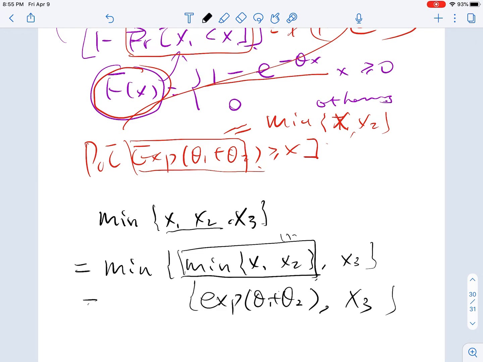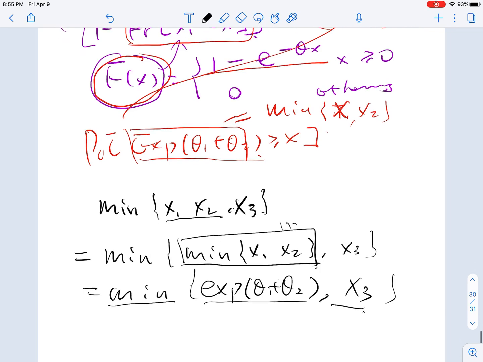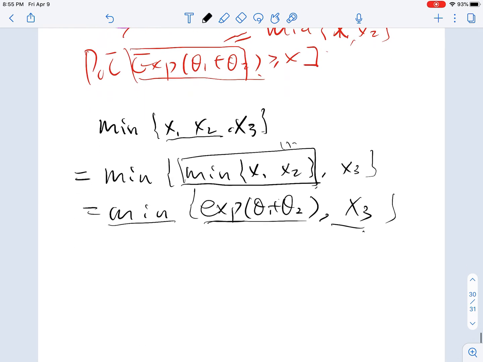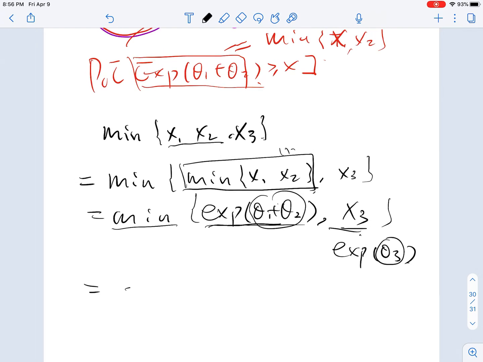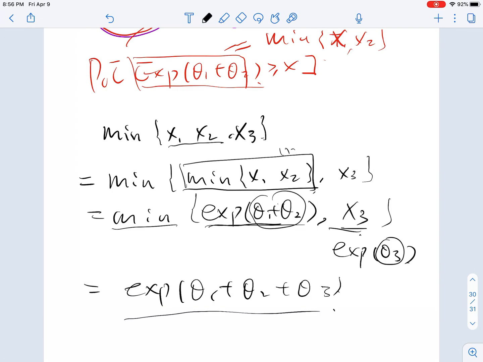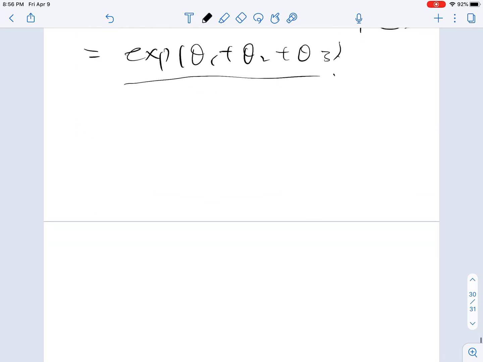So this is the reason that we can simplify that a bit, but let's again just use the same result: the minimum of two exponential random variables, this is exponential theta 3, right? The minimum of two exponential random variables is still an exponential random variable with the parameter being their sum, and that's the reason that we can keep doing the same thing to prove the general case, even for up to xn. So this is the first part, and the second part,